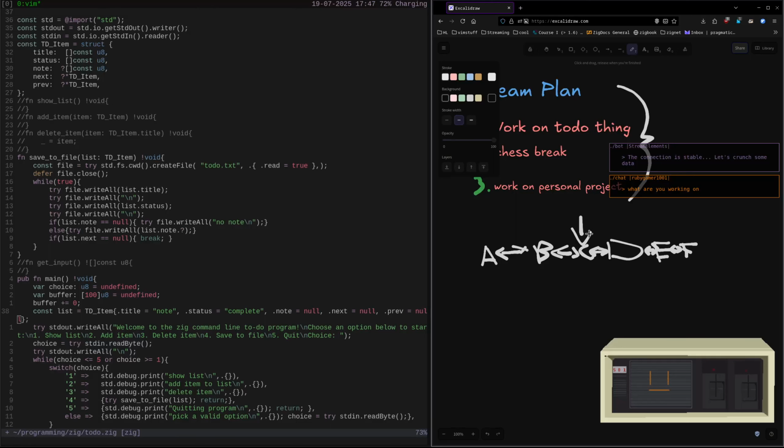Hello, Ruby Gamer. I am working on a to-do list thing in Zig. I'm very new to Zig, so I'm struggling quite a bit with this. Right now I'm trying to think of how I want to organize the items. I could put them in an array, but that seems kind of boring, so I would like to do a doubly linked list, but I have forgotten how to